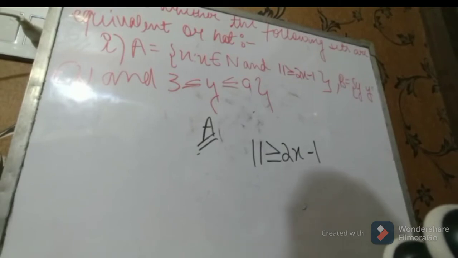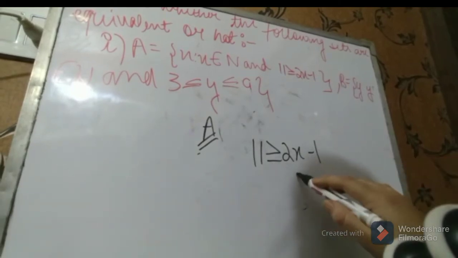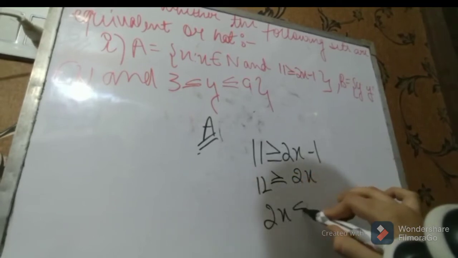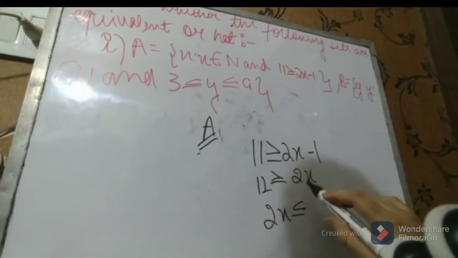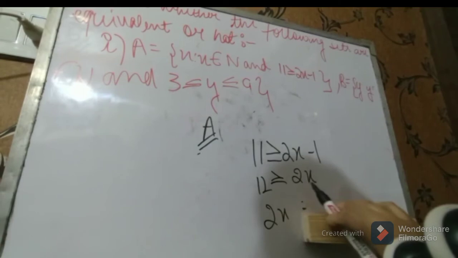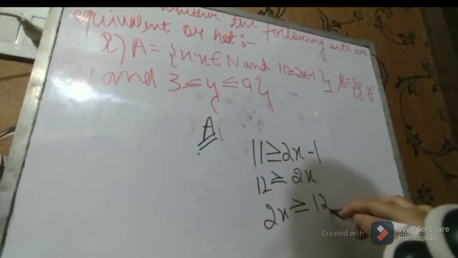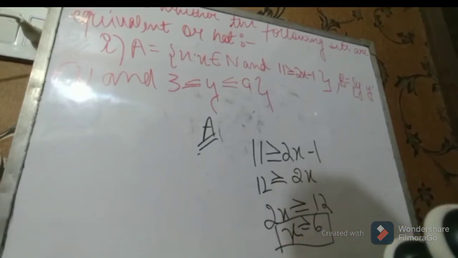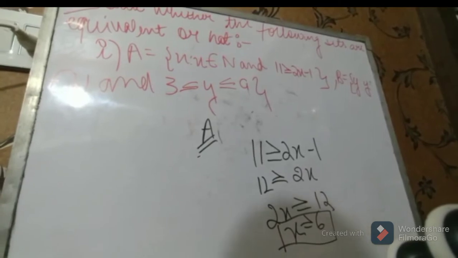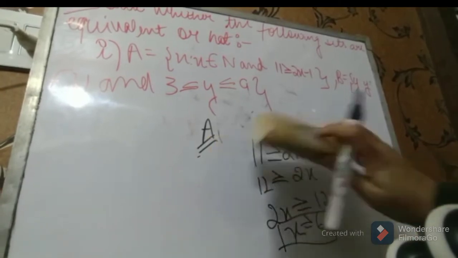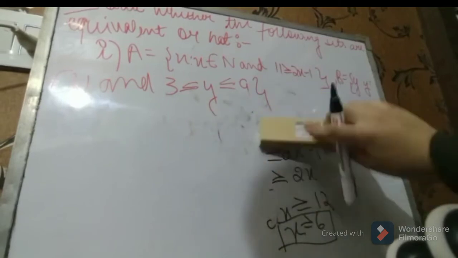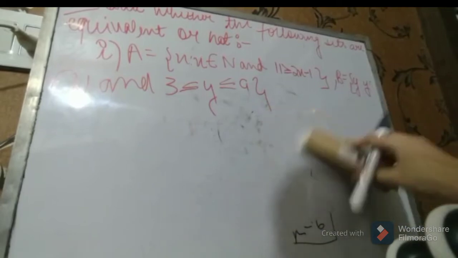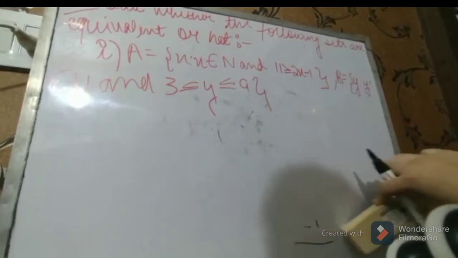Okay, so first of all, if you want to change the sides, then you have to change the sign. But what I would prefer is this way, 12, then I would like to make it this way, 2x. Now see, the sign is towards 12, so put the sign this way towards 12. x would be 6. x is greater than or equal to 6. The natural numbers include x greater than or equal to 6, right? Okay, now see, all the natural numbers that are greater than or equal to 6 are going to come in this. Okay, now let's talk about the set Y.